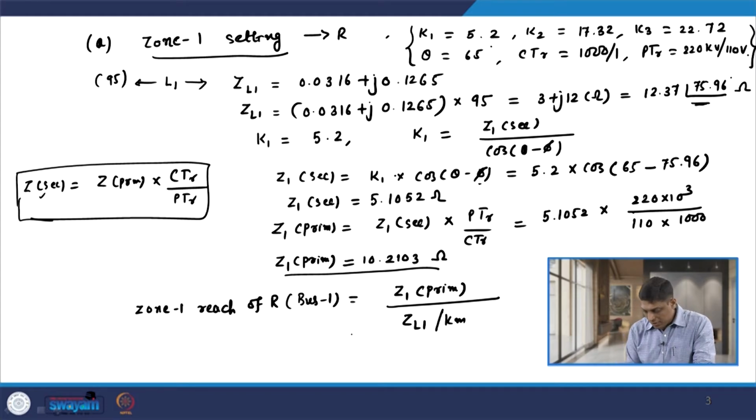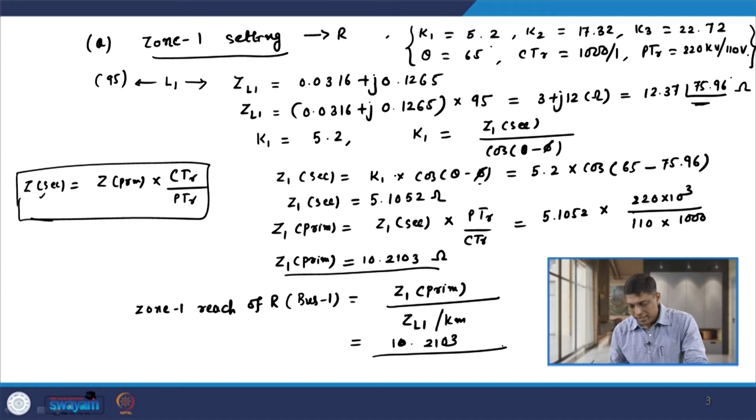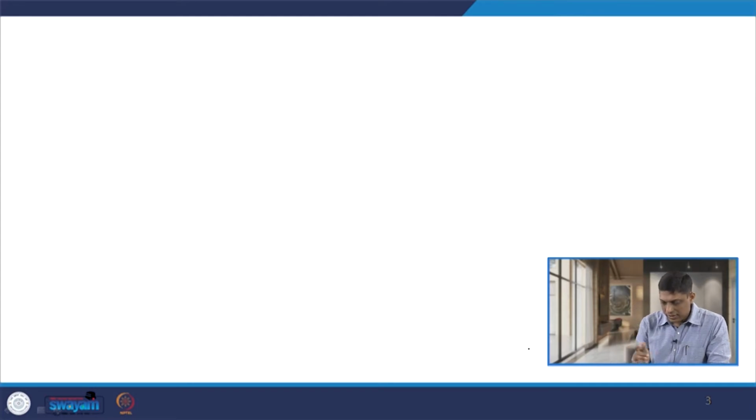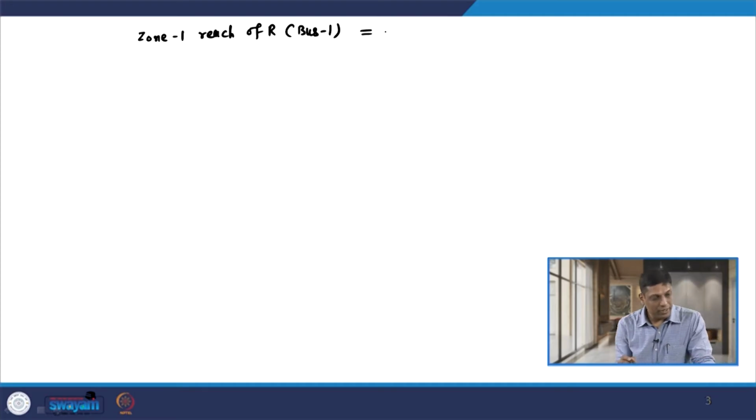We know that Z1 primary is 10.2103, which we have already calculated, and we divide by ZL1 per kilometer, which is 0.0316 plus j0.1265. If I solve this, then the zone 1 reach of relay R from bus 1